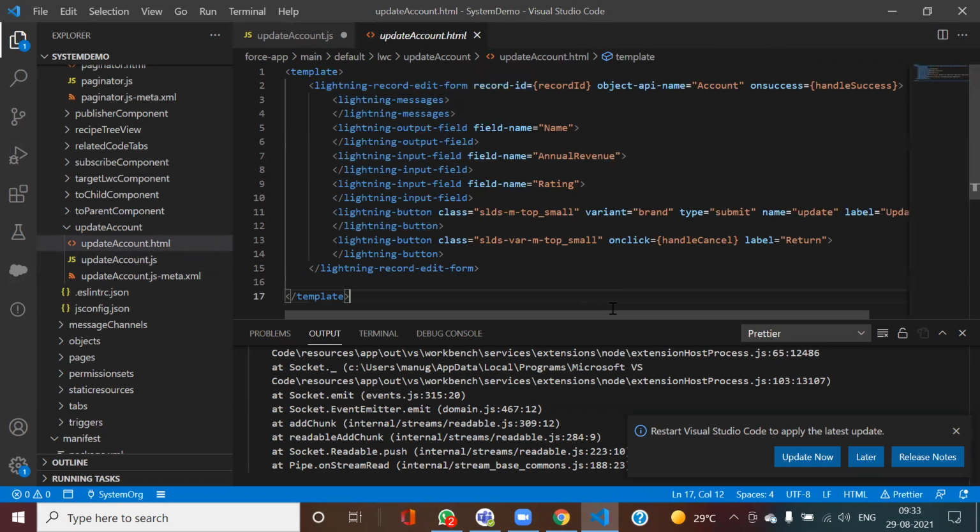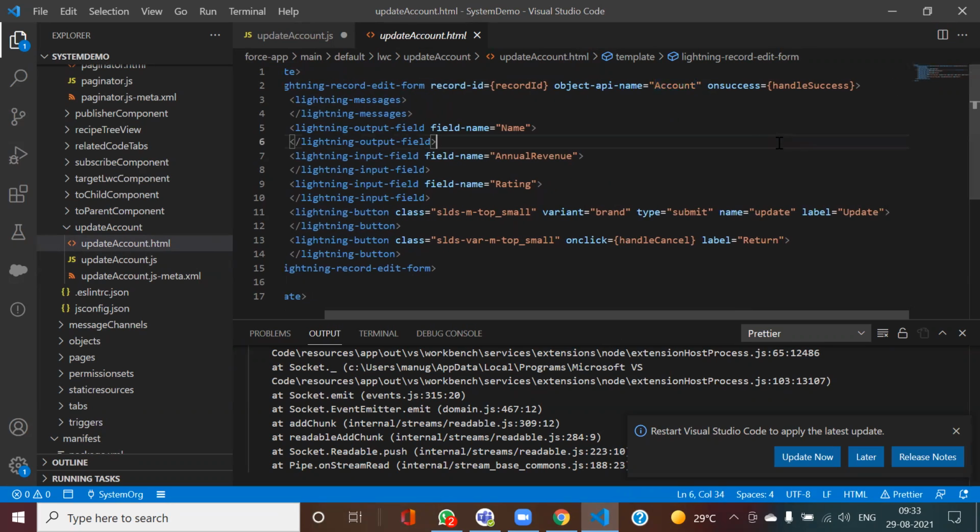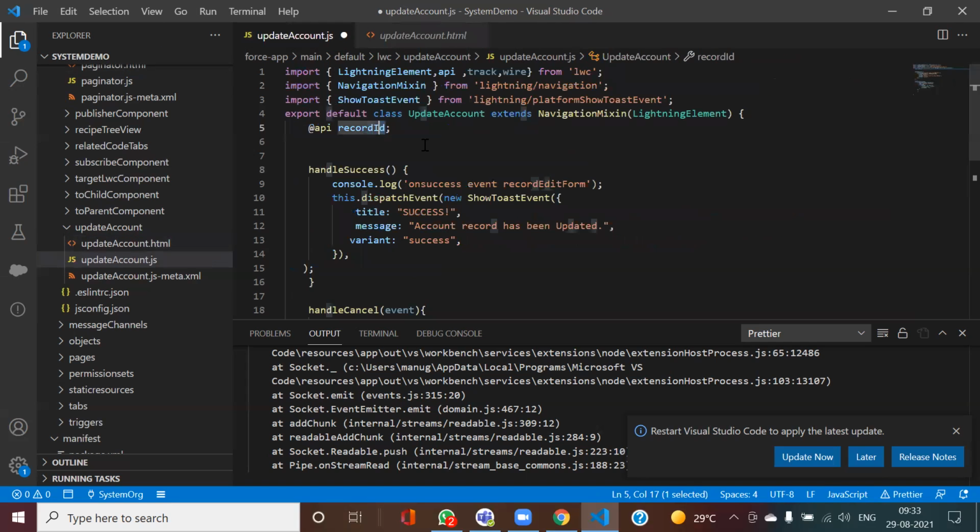Now here, what else have I specified? I have specified the name of the object on which I want to perform my operation, and on success, this one is my action. On this on success, I am calling this method handle success. In this handle success, I am showing this success message that my account record has been updated.